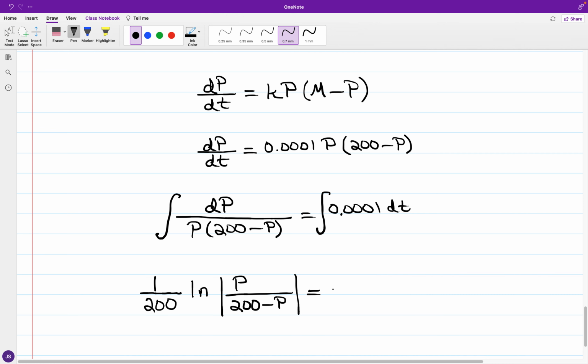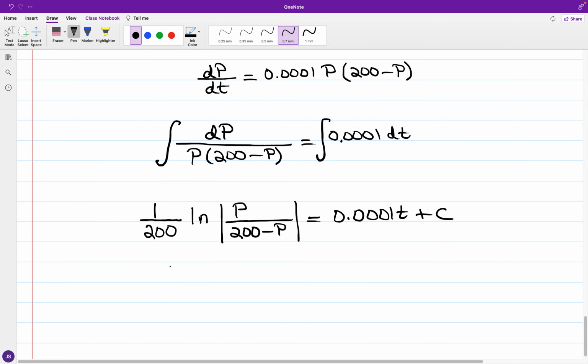And that is equal to, on the other side, 0.0001t plus c. And if I multiply by 200, the natural logarithm of the absolute value of p, all over 200 minus p,